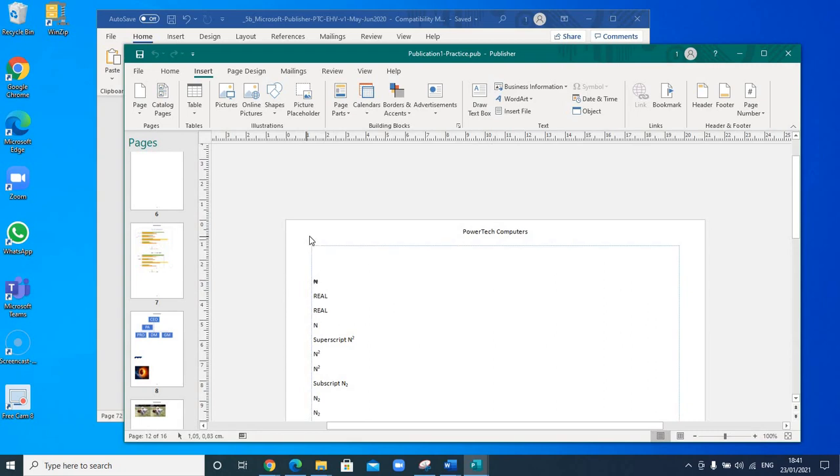So the next thing I will do is show how you can attach, create like a link or an icon on your publication, such that if you don't want the whole contents in your file, you can use that link to link you back to the original file, and you can also work on that file from your publication. So let's